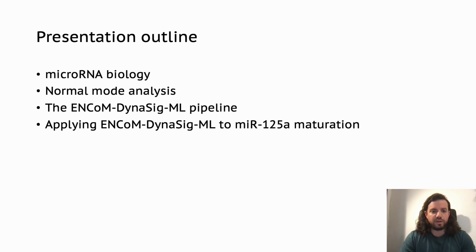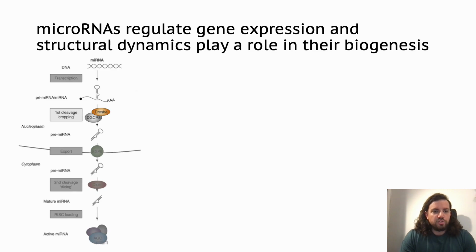a human microRNA. So microRNAs regulate gene expression, and here you see the canonical pathway of microRNA biogenesis. It starts with a microRNA gene, which is transcribed in the nucleus to a primary microRNA transcript. This is then cleaved by the Drosha DGCR8 complex to generate a precursor microRNA, which is then exported, cleaved again